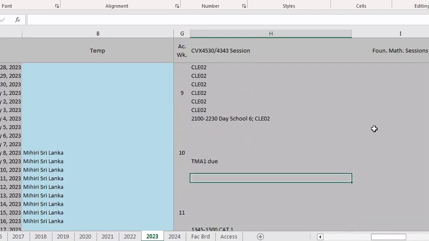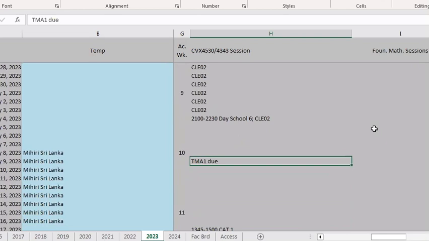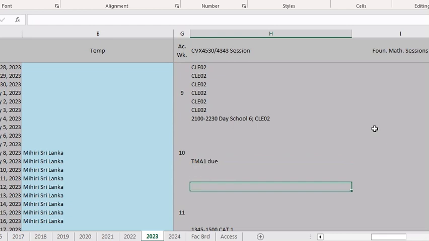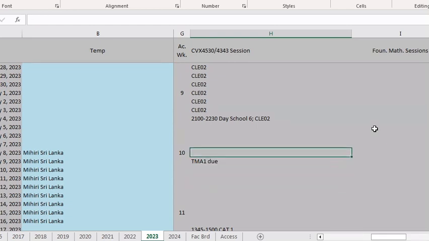Then the TMA1 is due after week number 10. So I will post the TMA1 after, let's say, the 4th day school. So you can gradually work on TMA1 and submit it by July 9. So it's important for you to complete it during the course of that period rather than waiting until the last moment